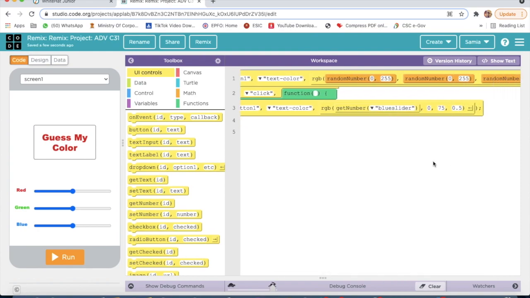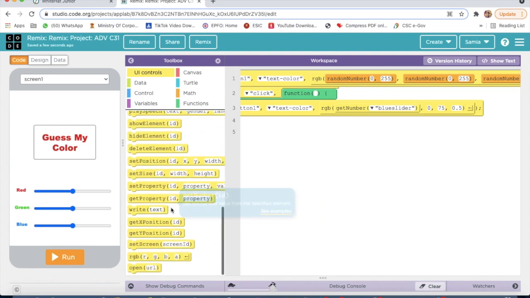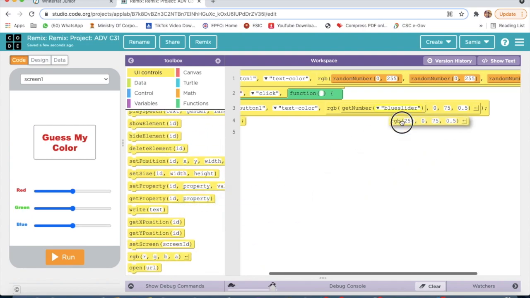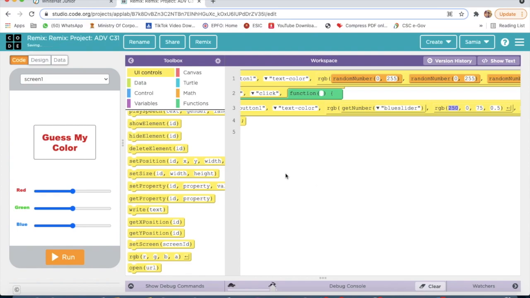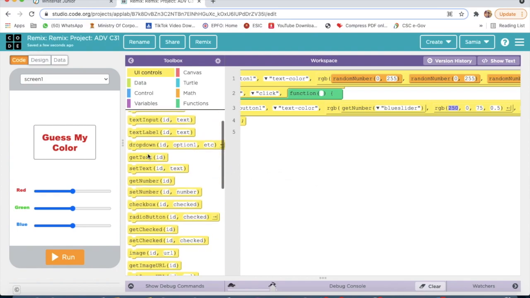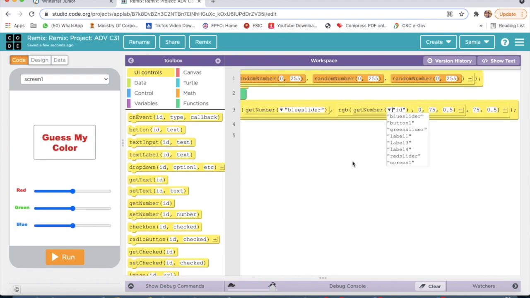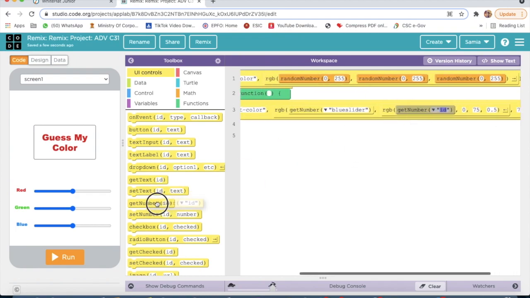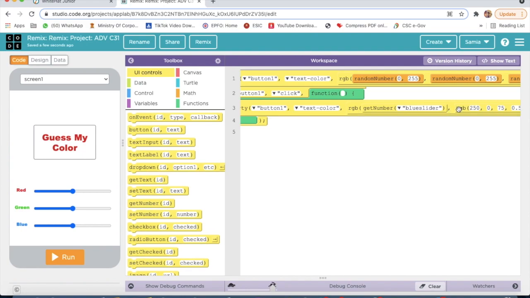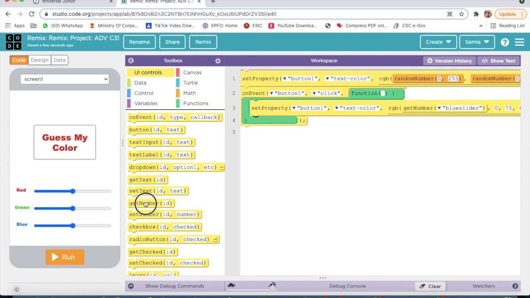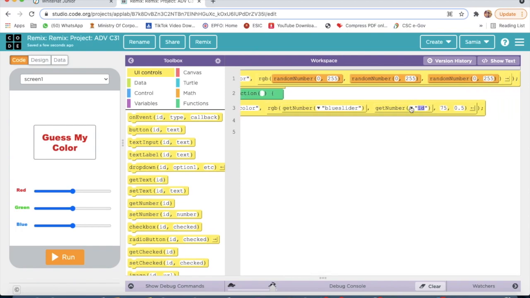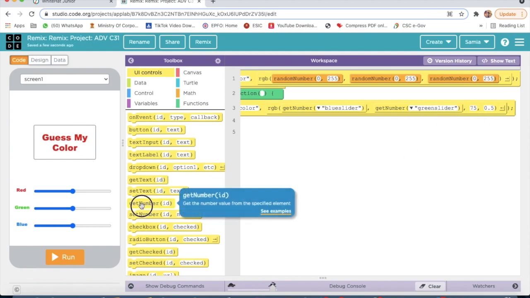Then again we will take RGB, red, green, blue, and then again get number. Okay, I don't have to take RGB, I only have to take get number. The ID will be green slider, and then again I will take get number.